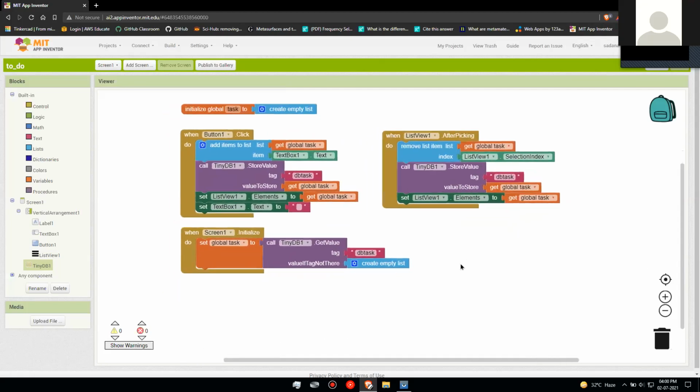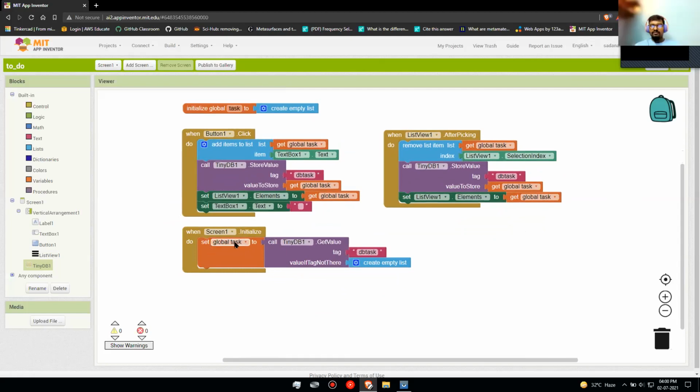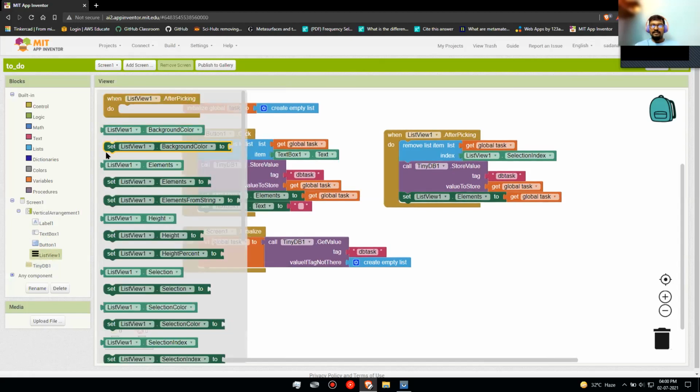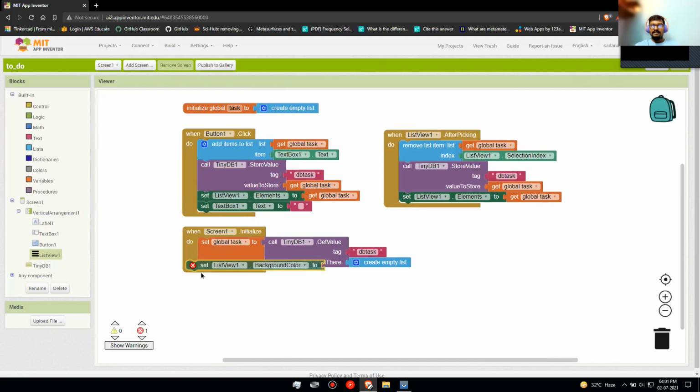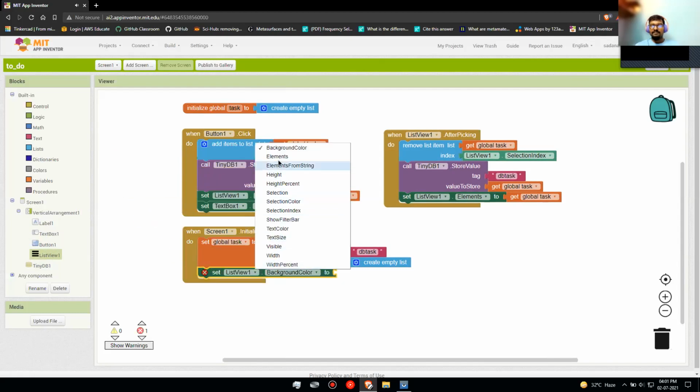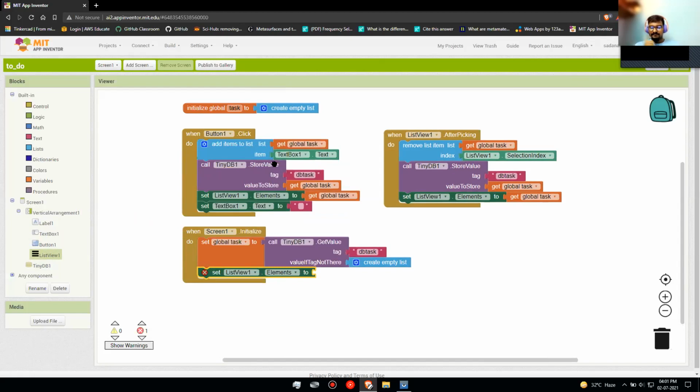Okay. So what we want to do next is, we have exited the app and entered it again, so we want to display what we had before we exited the app. So to display it, again go under list view 1 and set list view 1 dot elements to get global task.